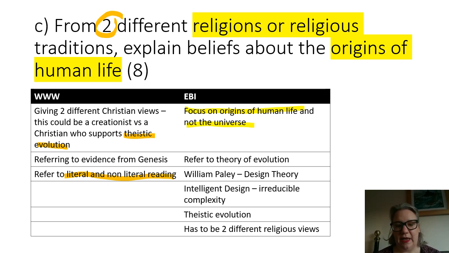An even better if is having a second paragraph where you do talk about evolution, but you're linking that to religious belief. And that then links with this one all the way down here that I've already mentioned, which is theistic evolution, and in particular, explaining how theistic evolution is different from standard evolution. Standard evolution is a random, blind process. Theistic evolution involves God's planning. God's mind is behind it all.